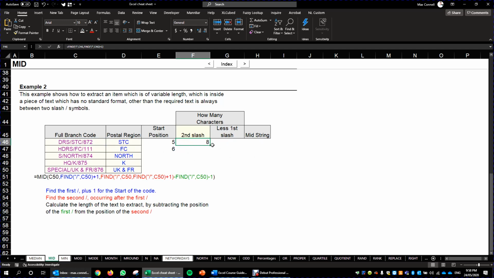Yep, that works. Let's just drag it down to make sure it's working for the other ones as well. So it's 1, 2, 3, 4, 5, 6, 7, 8. Yep, that works. And this one, 1, 2, 3, 4, 5, 6, 7, 8. That works as well. So then the only other thing that we need to do is figure out the location of the first slash, and then we can minus the 2, and that will give us the number of characters. So the location of the slash is, well, we can just copy across this formula over here and go equals,